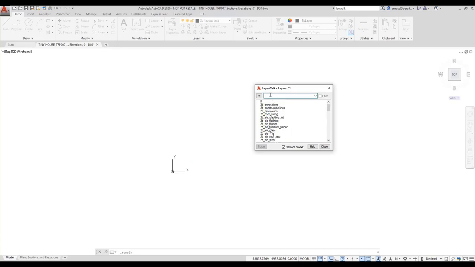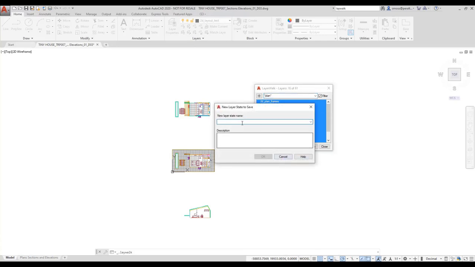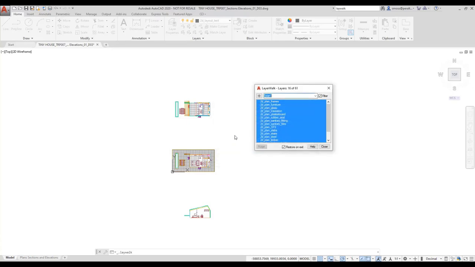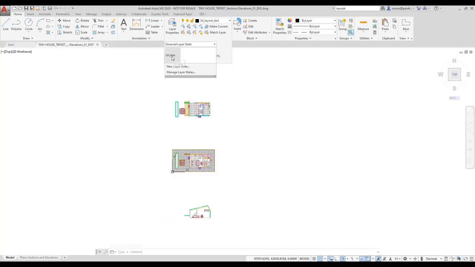Filter, so I only want to see things that are on a layer that has plan in it. And notice it only shows me those layers, and I can right click and say save that as a layer state, and I'll call that 2D plan and say OK and close. So now if I come over here, notice I have a 2D plan layer state, and I've been able